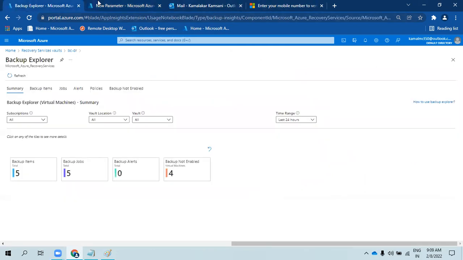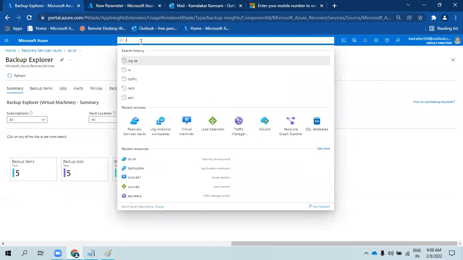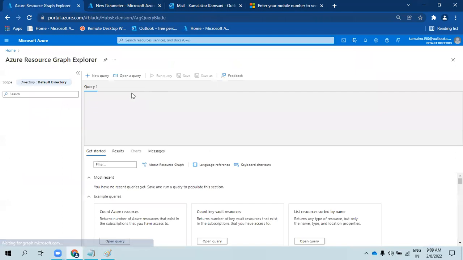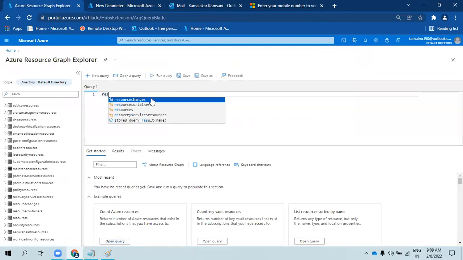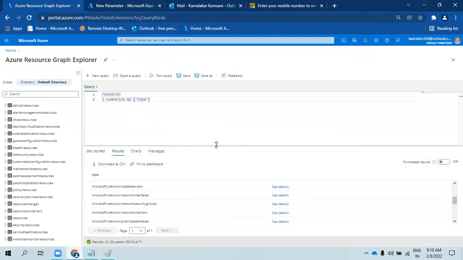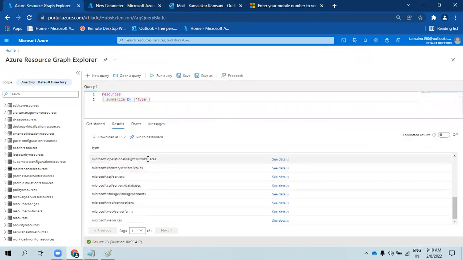How do I get this? I'll just check that now. Resource graph queries. This is Graph Explorer. And here I'm going to run resources. Okay. And summarize by type. Let's see what kind of resource types we have. I think one will be for log analytics workspace for sure. Yes, this one. Let's say summarize by